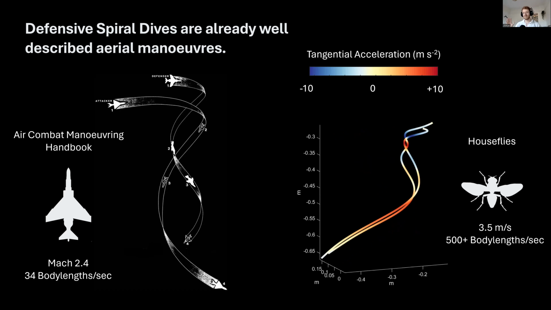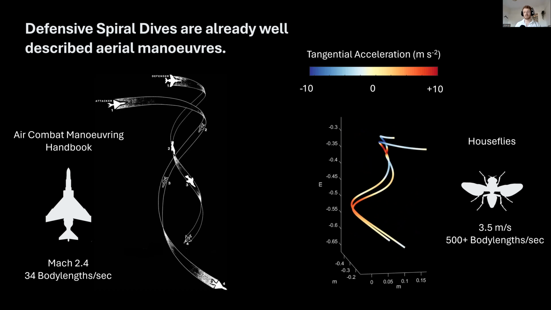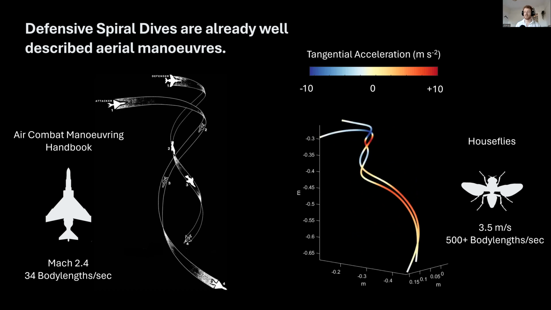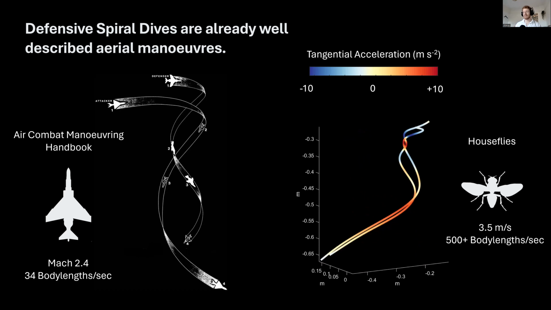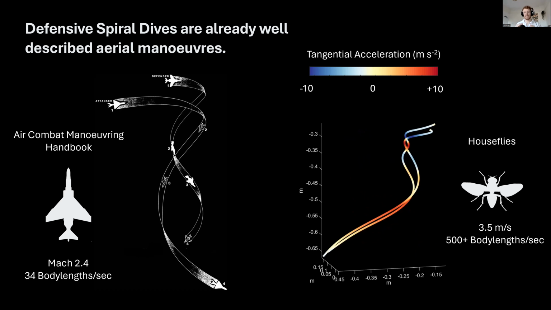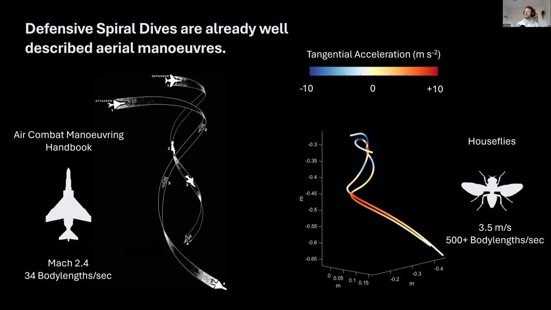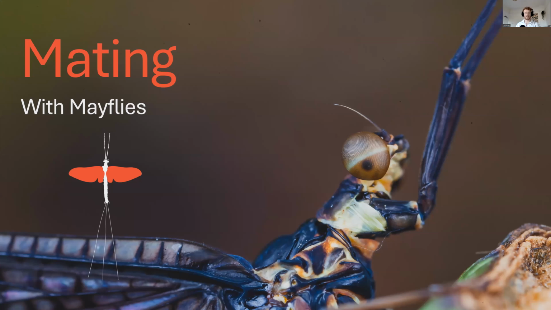You don't want big, complex brains that take time to process information. You have to be as fast as possible, because your small size means things are coming at you incredibly fast. Or you have to make predictions. And that's something that we're looking at now, about the way in which houseflies can maybe predict some of these maneuvers coming up based on information that's accessible earlier. So I'll now come on to talk about another project that we've been working on for a while, which is mating with mayflies.